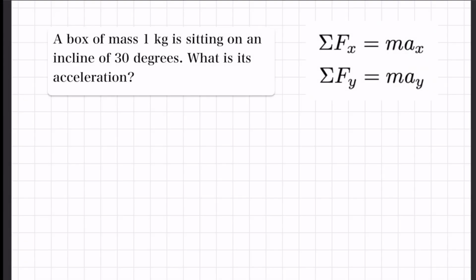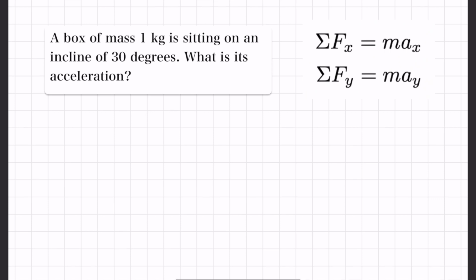Okay, the first case of inclined planes that we're going to look at is going to be the simplest case: no friction, no tension, just good old normal force and gravitational force. So we have a box of mass 1 kilogram sitting on an incline of 30 degrees. What is its acceleration? In general, for force problems, the steps that you're going to want to take